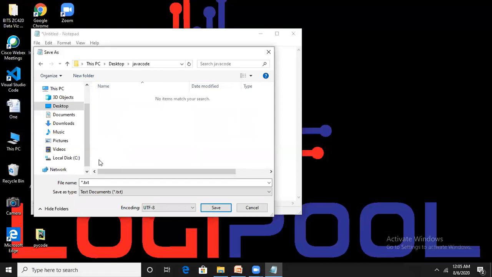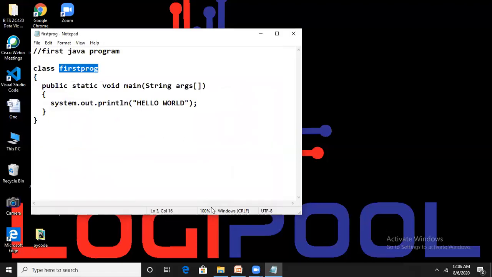Open that folder, and within it give the file name, Control V dot, that is class name dot Java, and save it. See here, first program. So step number 2 is also completed. We have created the source code and saved it with class name dot Java.